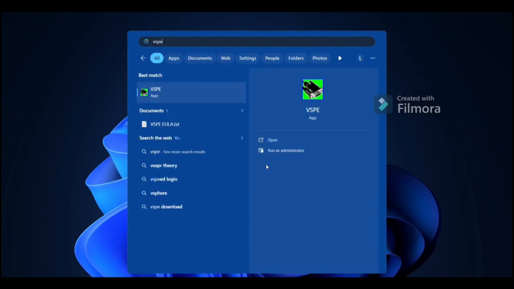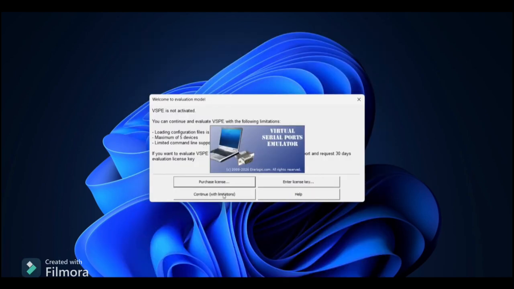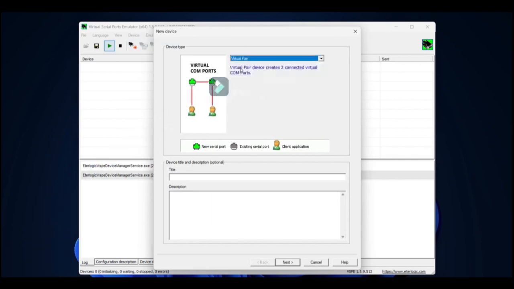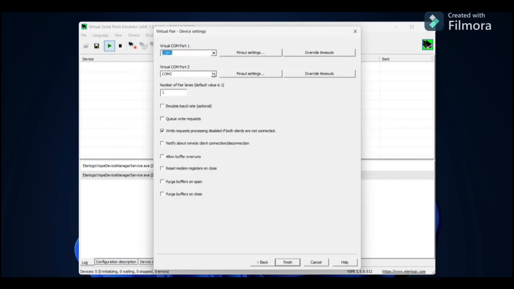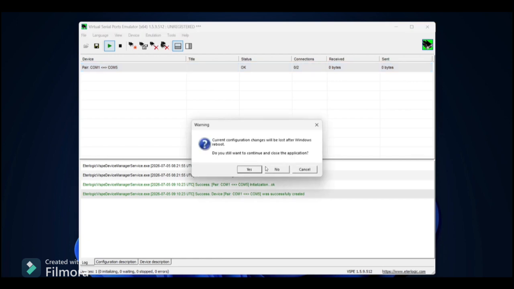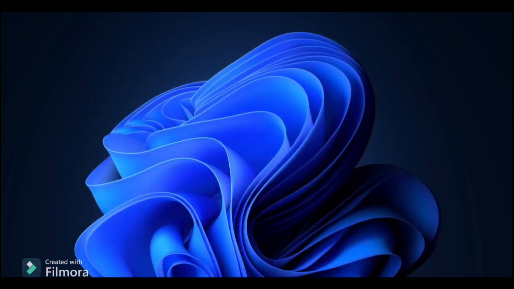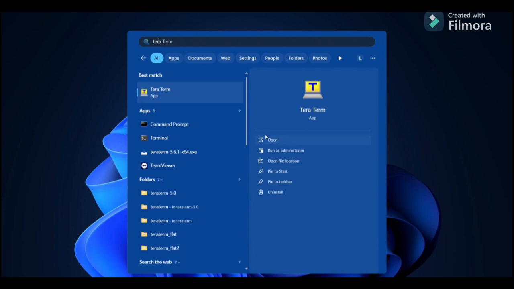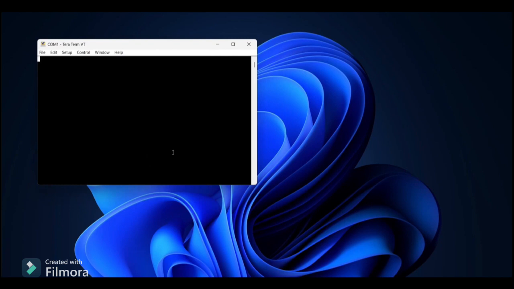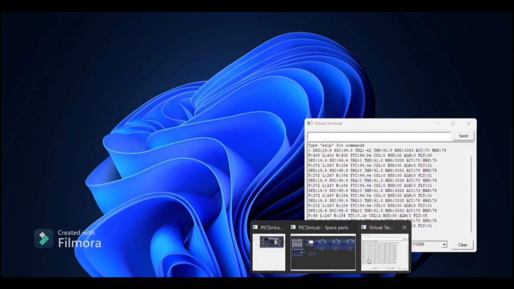Now we are going to VSPE to view the Python dashboard. Let me set the values. And I'm opening Tera Term. And after setting the values, like entering some commands,